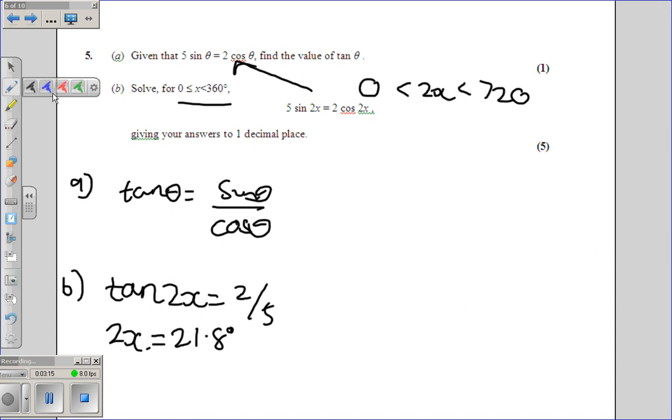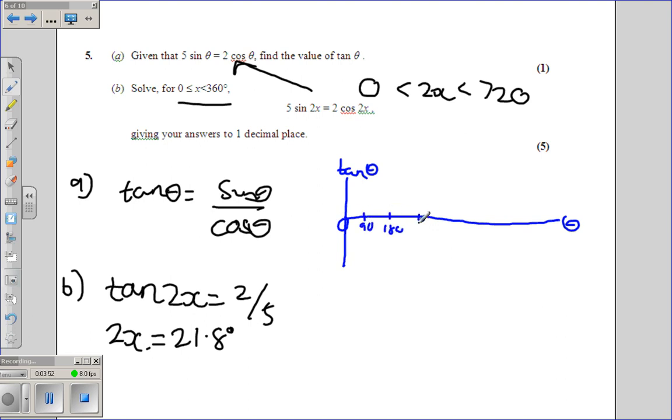Right, I'll do it in a different colour because I can't see it. The tan graph, I'm going to go from 0 to 720. You could probably work the values out without all the 0 to 720 values, but I'm going to do them anyway. Bad idea putting that there, it's a waste of space. Let's do it again. Start here. We're going from 0 all the way along to 720. The tan graph isn't known as well as the sine and cosine ones, but every 90 degrees I'm going to put a mark. So 90, 180, 270, 360,